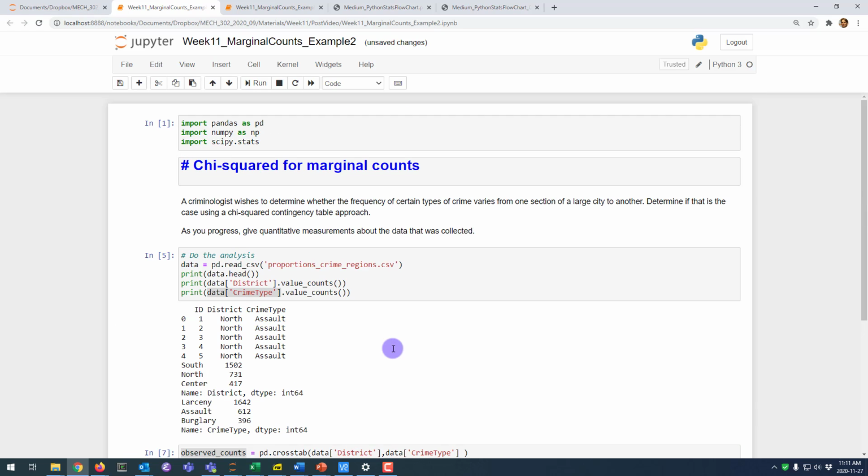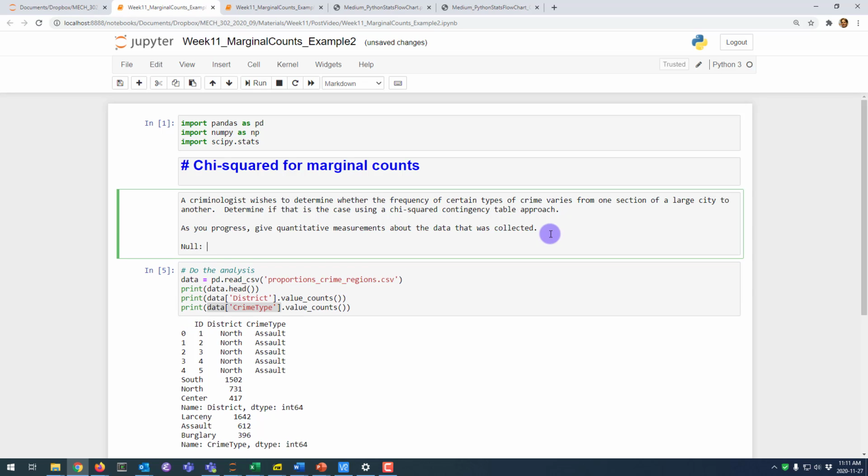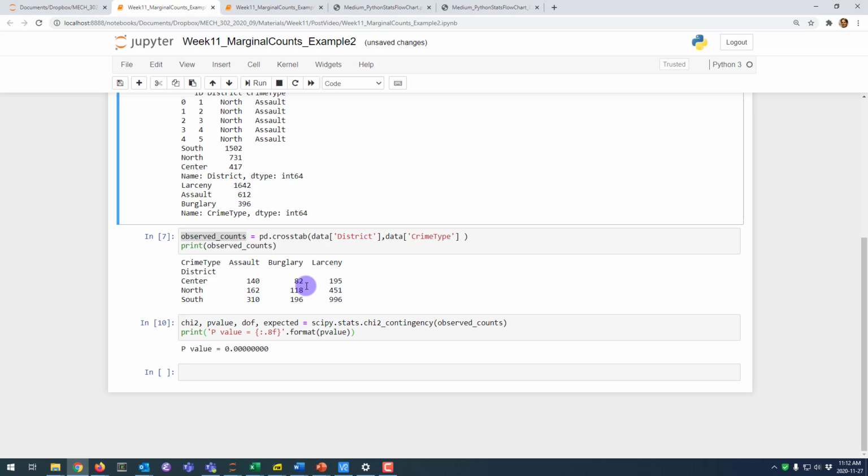Okay, so what's the story again? The null hypothesis is that all districts have the same proportion of crime types. Okay. So someone from the city's council office is saying, we should just be doing the same kind of policing everywhere because everyone has the same fraction of burglaries, larceny, and assaults. There's no point in changing things up. Everything's basically the same. It's more frequent in one district than another, but the kinds of crime we're seeing is